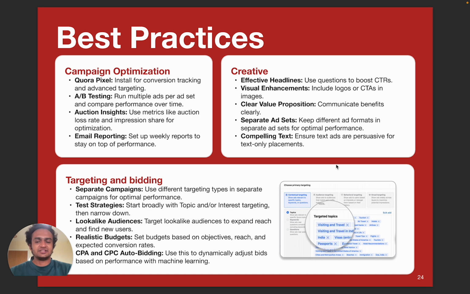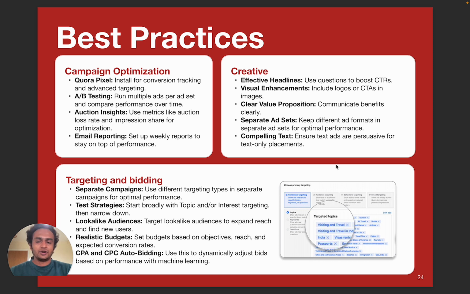Having a realistic budget is very, very important. If your objective is conversions, I would recommend definitely to have at least 3 to 5x of your expected cost per action as your daily budget. This will allow the campaigns to learn as fast as possible, and it will allow you to switch the campaign bidding from CPC to CPA if required.